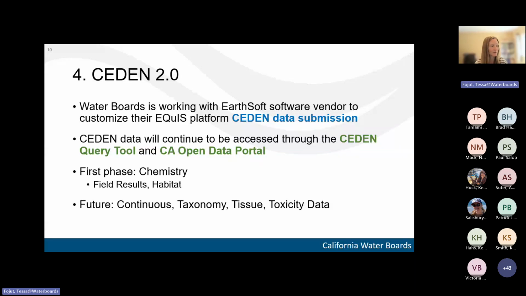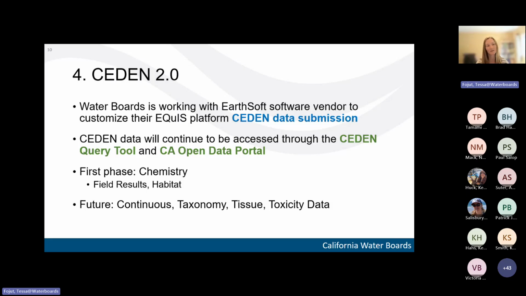And then I don't know if I shared this last time because this is sort of newer information, but we have learned that we are going to be able to add continuous monitoring data. So, like from loggers, or when people have things stationed out in the field for things like temperature, DO, we can have a module just to hold that type of data.